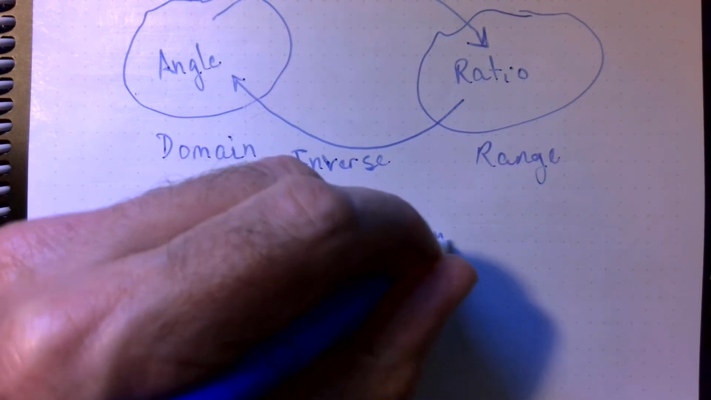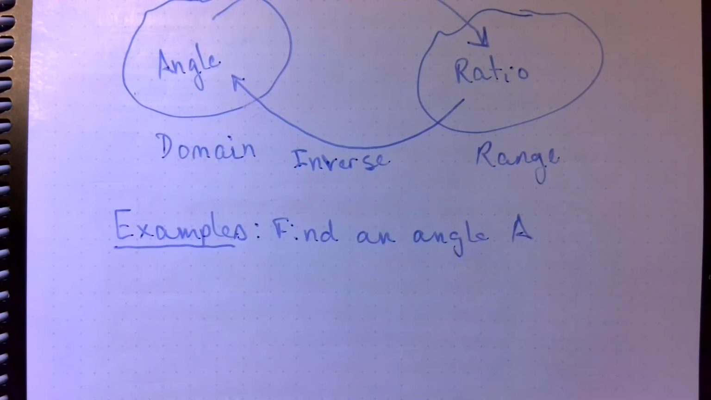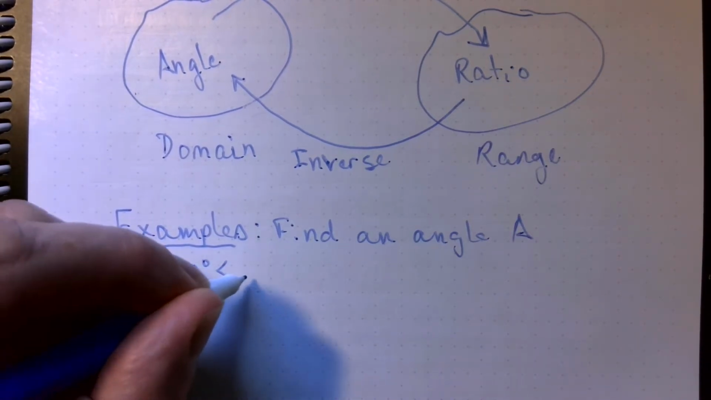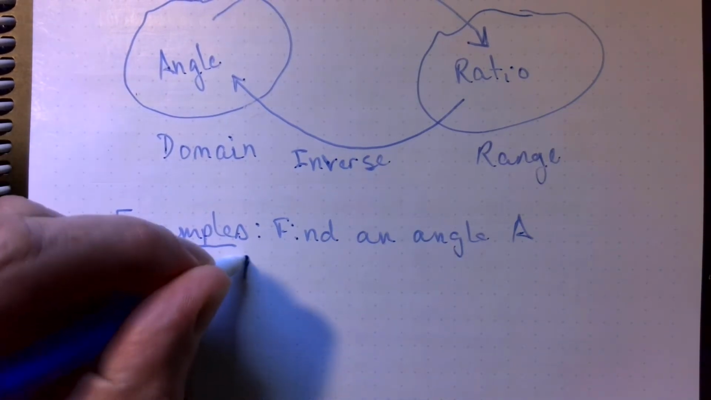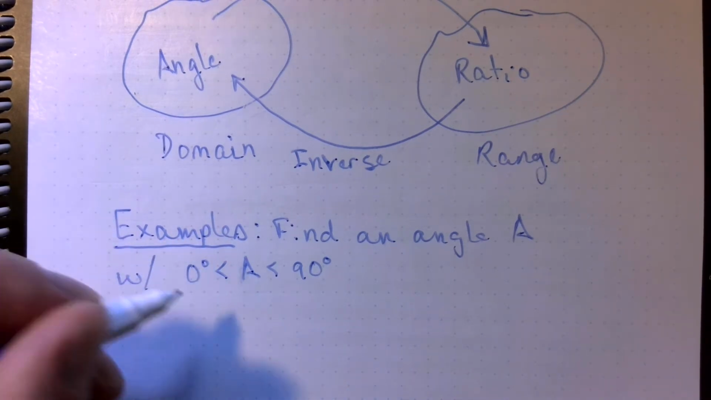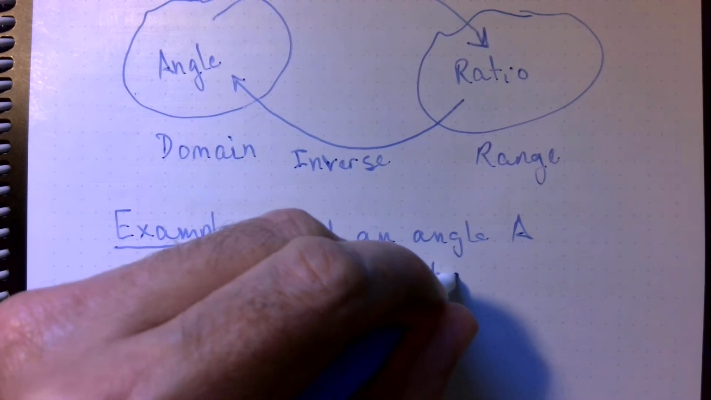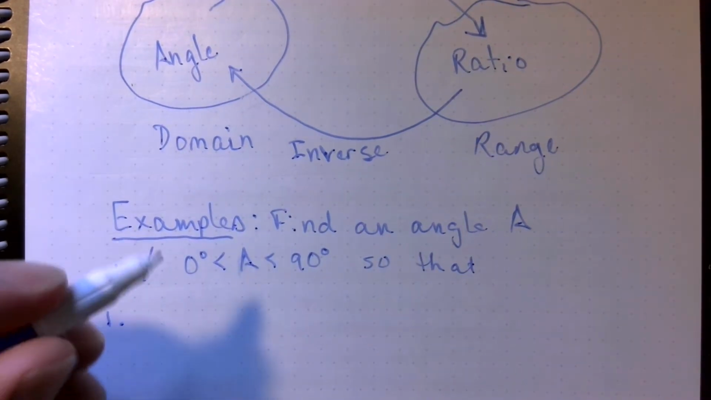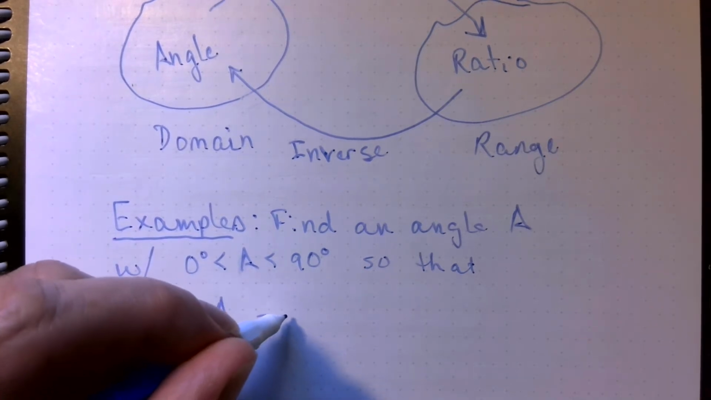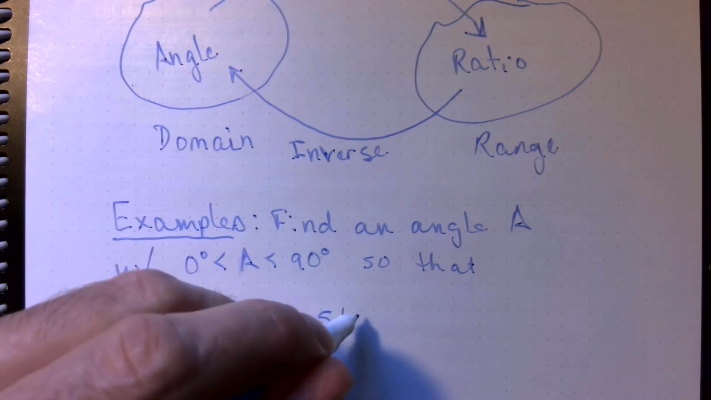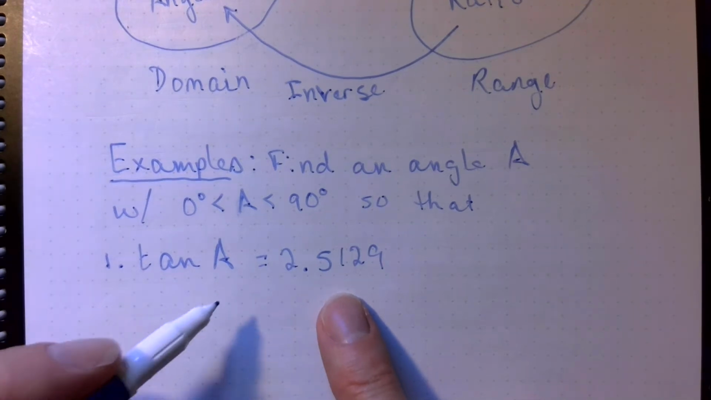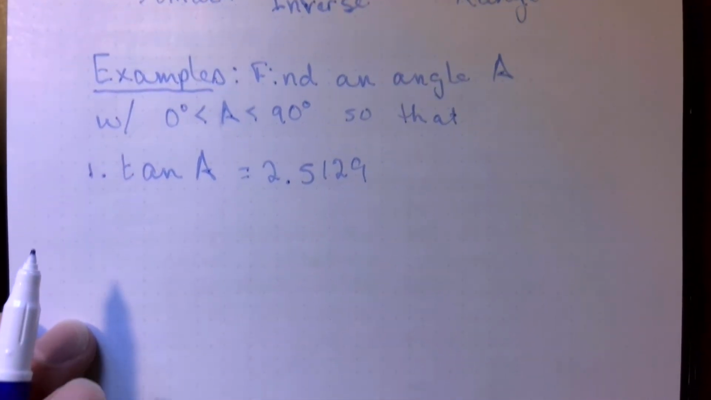Find an angle A with 0 degrees less than or equal to our angle A less than 90. Okay, so in other words, an acute angle, so that, and for this first one, let's say we want tangent A to be equal to 2.5129. Okay, so we are given the output from the tangent function, and we want to know the input that